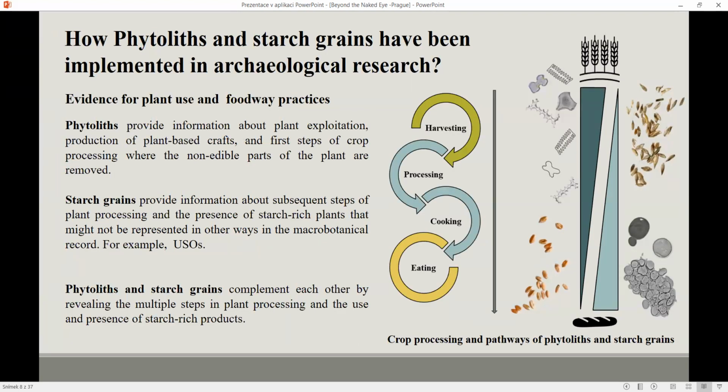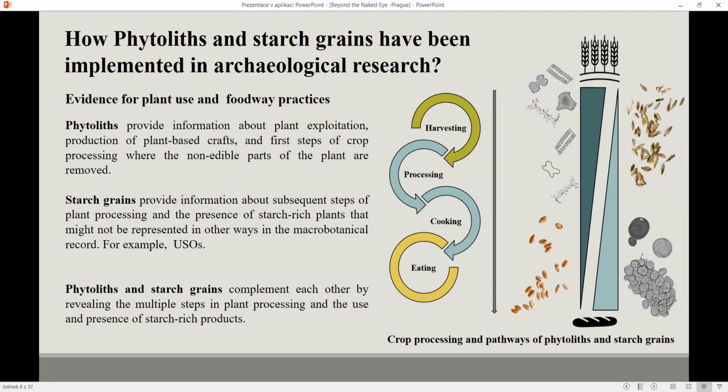And so how have phytoliths and starch grains been implemented in archaeological research? Well, they have simply many applications. Phytoliths can be used for environmental and ecological studies, but today I will focus on how they have been used to study foodway practices, and in particular, with this example, the crop processing sequence, starting from harvesting, processing, cooking, and eating. In this sense, phytoliths can provide information about plant exploitation, the production of plant-based crafts like basketry, and